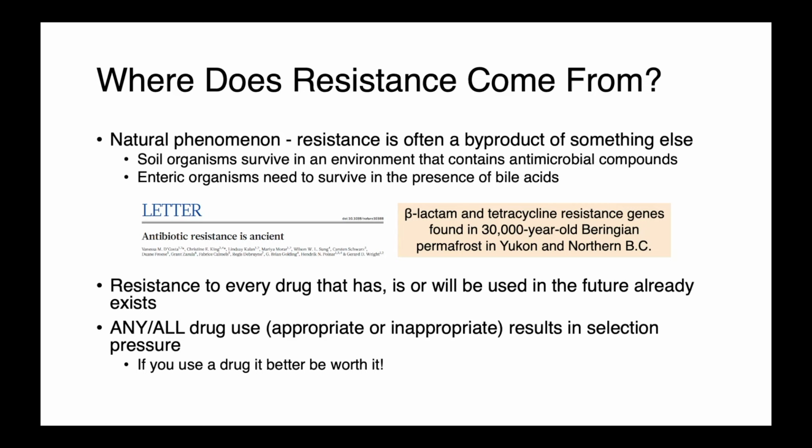So resistance to every drug that we have or will ever use in the future already exists. The clinical issue arises when we select for it. And we select for it by using antimicrobials. So any drug use, whether it's appropriate or inappropriate, will apply a selection pressure and encourage the organisms to become resistant. So what I want you to take away from this is that if you use a drug, it better